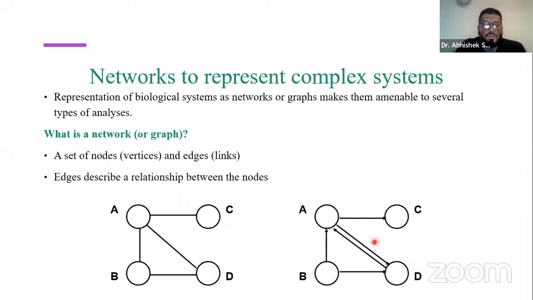The figure on the right shows how A affects C and D, but it is itself affected by B and D, right? While B also affects D, and C has no connection with B or D. Again, what are these A, B, C, D, E? No, these A, B, C, D are basically the genes, proteins, metabolites in a network, right? So I have just simplified it or generalized it into ABC here, just for your understanding.